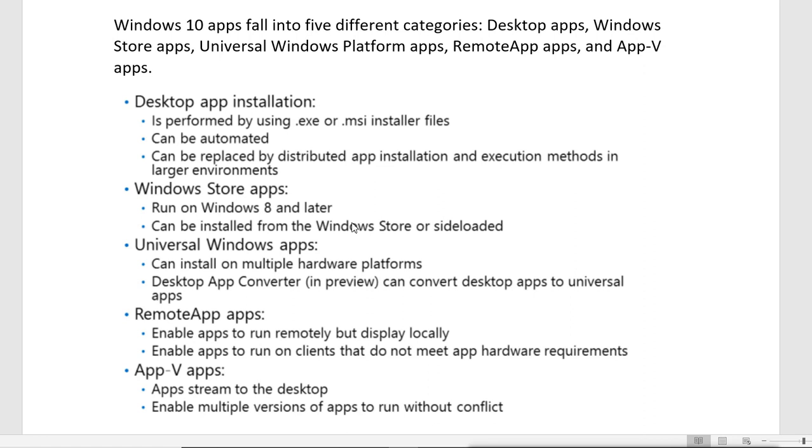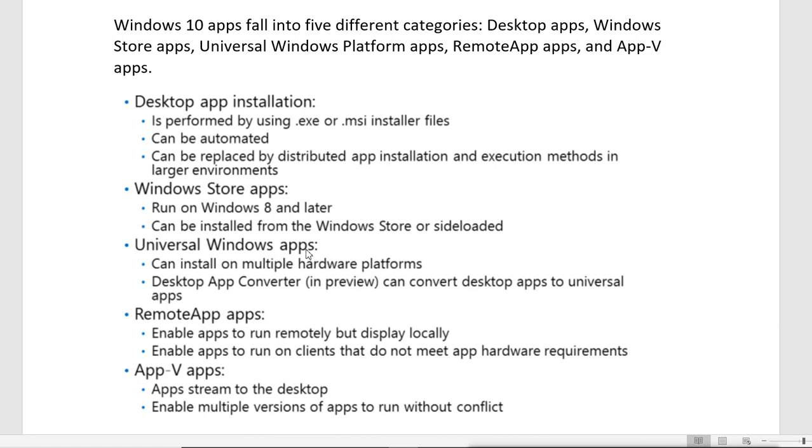The Windows Store is like the Google Play Store that we use on Android mobiles. It is like that, where you will find all the different applications which you can install from there. And you also have to create an account for the installation. You have to use a Microsoft account, otherwise you are not able to install any app from there.